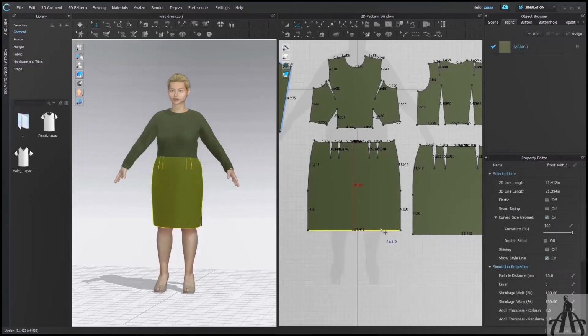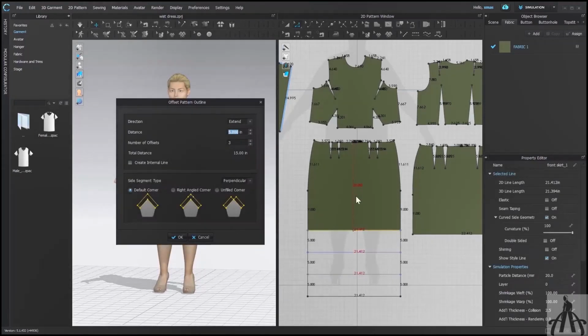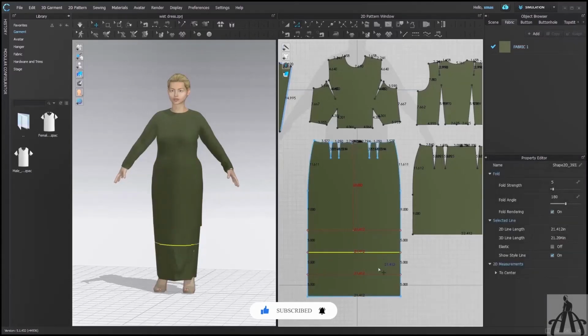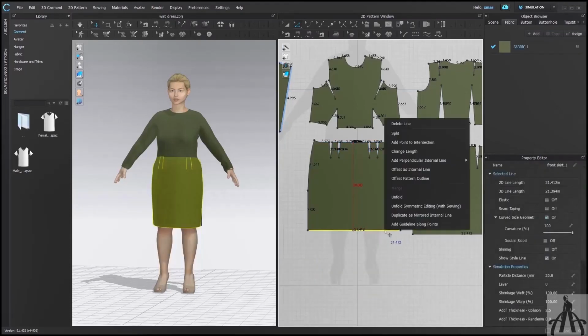Now we have learned to create these internal lines along with extending our pattern. But what is the use of this if you can't even use them? So to solve this issue, we have one option here. That's create internal line. After selecting this option, your inactive line will be available for use as well. You can delete any line from here that you don't need.